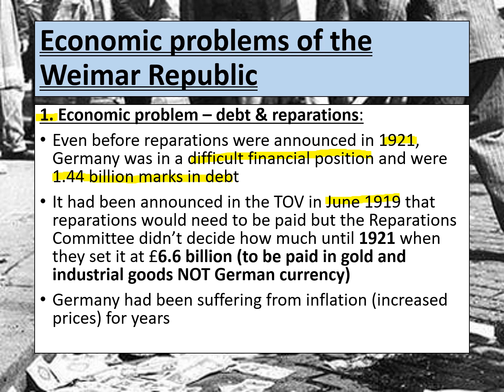They knew they were going to have to pay quite a huge amount of reparations. And then from 1921, when they found out it was going to be 6.6 billion, of course, that would shatter the economy even further. And on top of that, we know German currency was not to be used for this. It was going to be used in gold and industrial goods. So particularly their industrial areas of their country were going to be working hard, but to pay off the reparations for the war, which of course was very unpopular.